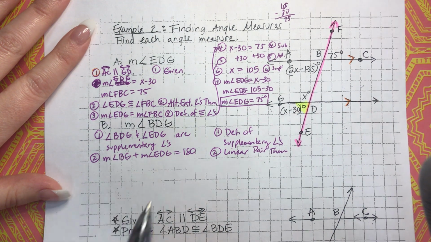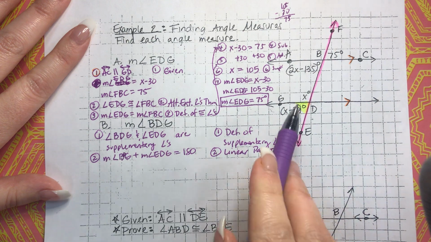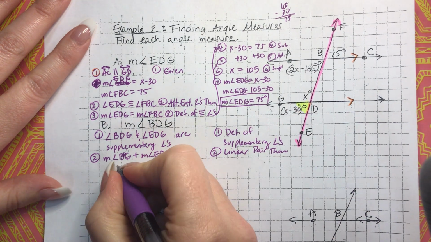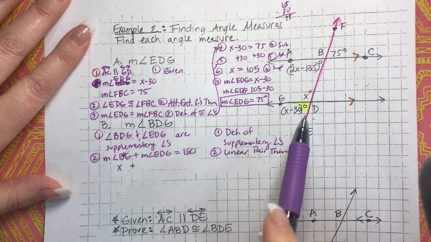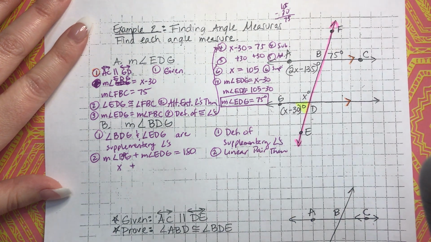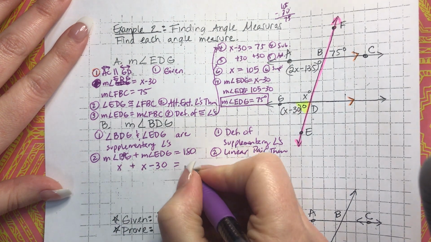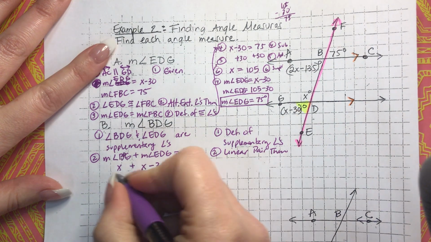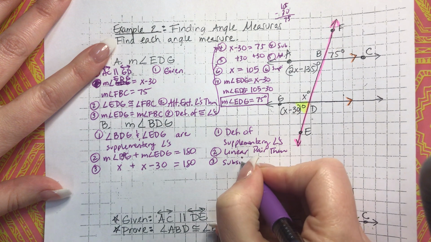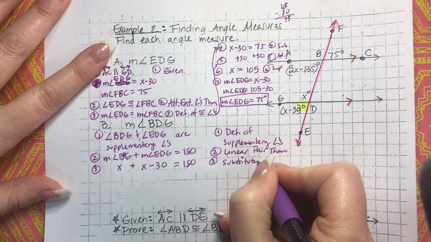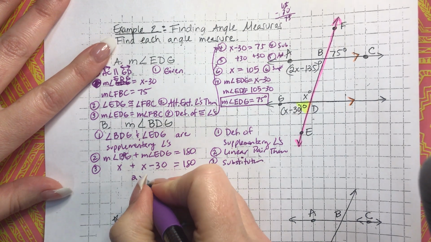Oh gosh, did I forget the D? We'll put a little D there. This is BDG, okay? So BDG is X, so we're going to go X plus the measure of EDG. EDG is X minus 30. Okay, I had that right. X minus 30 equals 180, and that's just substitution, right? Substitution. Okay, so then I just combine like terms, so X plus X is 2X